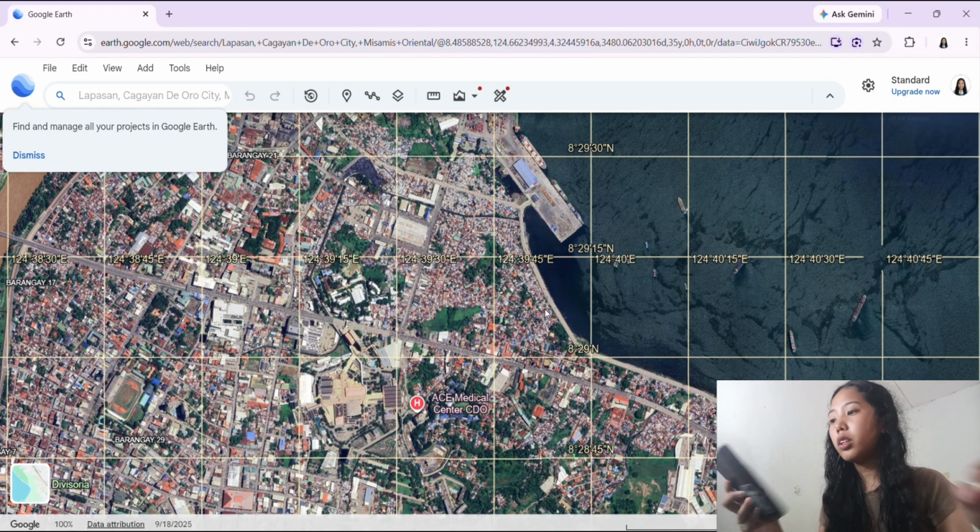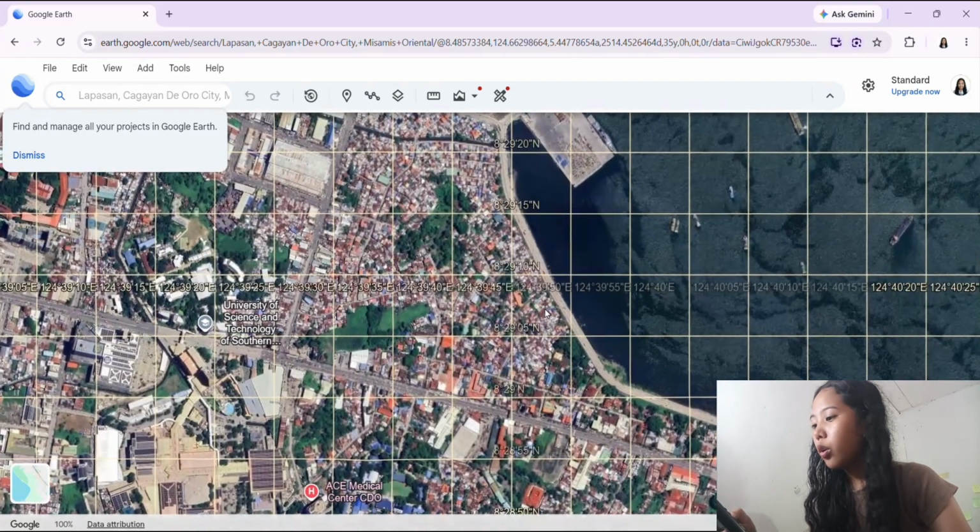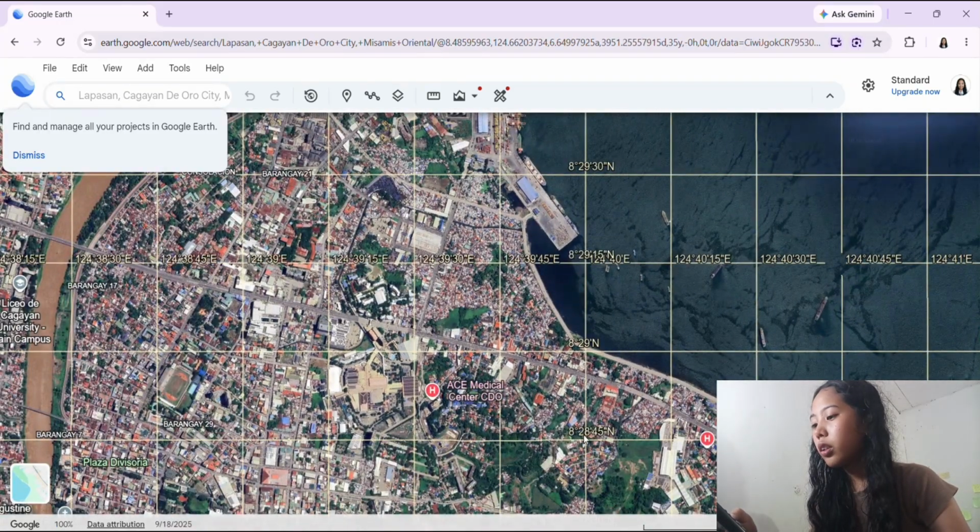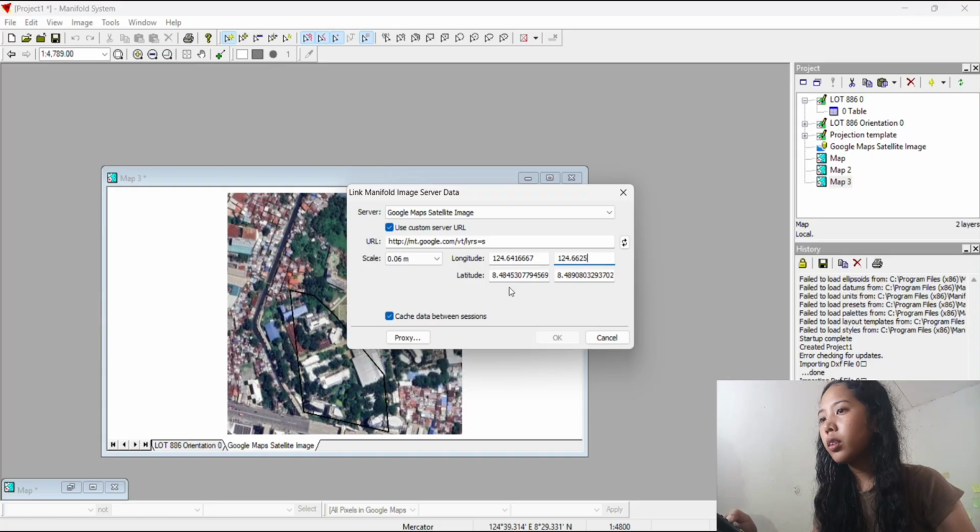Convert it to decimal. So 124.641667. Then this value, paste it to the Manifold.